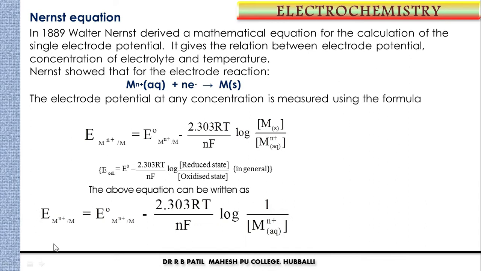Here, we are going to calculate electrode potential with the help of standard electrode potential at any temperature T, and at any concentration of the ion present in that half cell. I hope that it is clear. Where R is the ideal gas constant, n is the number of electrons gained or lost in the chemical reaction, and F is the Faraday constant, in coulombs. We substitute here 96,500 coulombs.